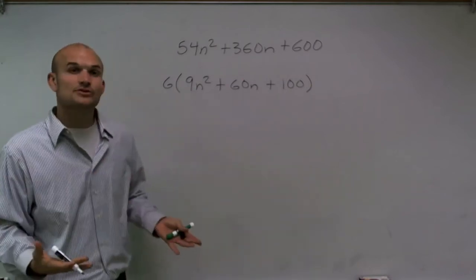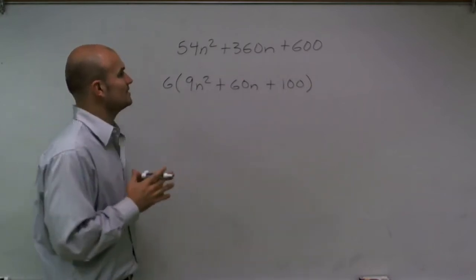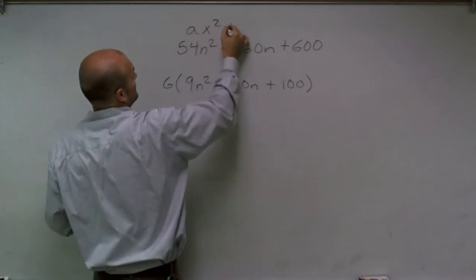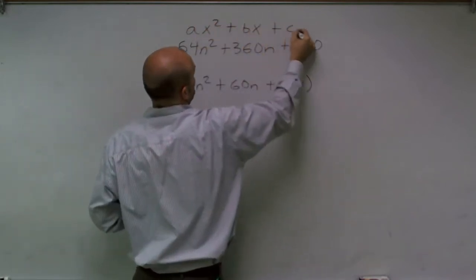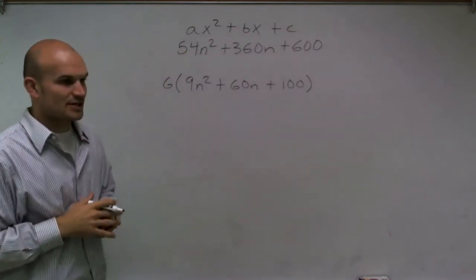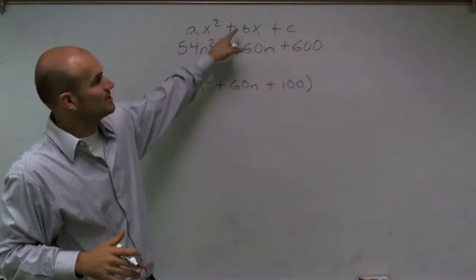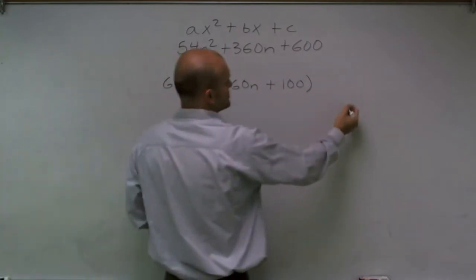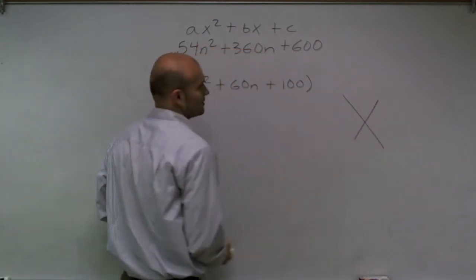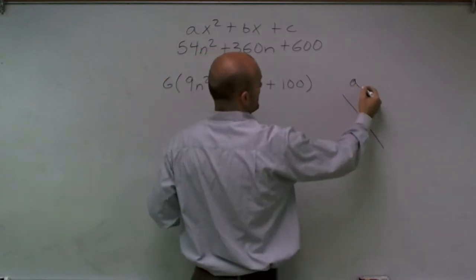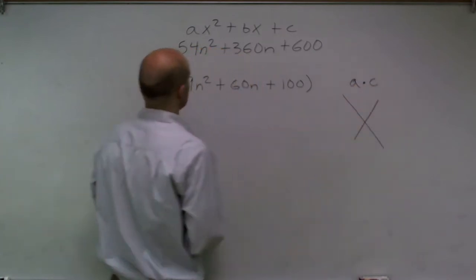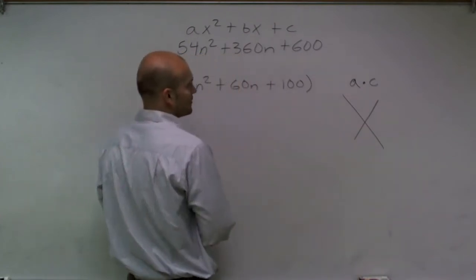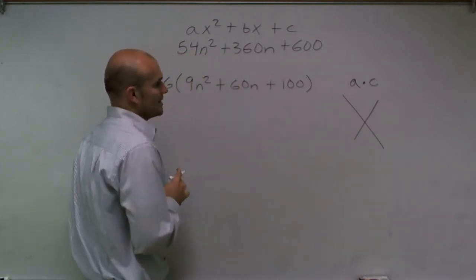So now the next thing I'm going to do is factor, and I'm going to use a little box method to show you my factoring. One thing we need to remember when factoring a trinomial, especially the quadratic type, is we have ax squared plus bx plus c. When I'm doing my factoring, I'm going to set up a little diagram here, and I'm going to multiply my a times my c,